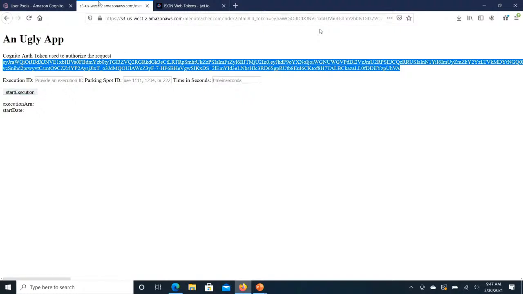Okay, so that's kind of Cognito, authentication and authorization. And I think too often people get the two terms a little bit confused. So let me just try to spell it out for you. Authentication is really about you proving that you are who you say you are. So when you go to Google or Facebook or Amazon.com, you provide a username and password. Typically, they'll verify your email. And when you provide that username and password, they're authenticating that you are who you say you are.